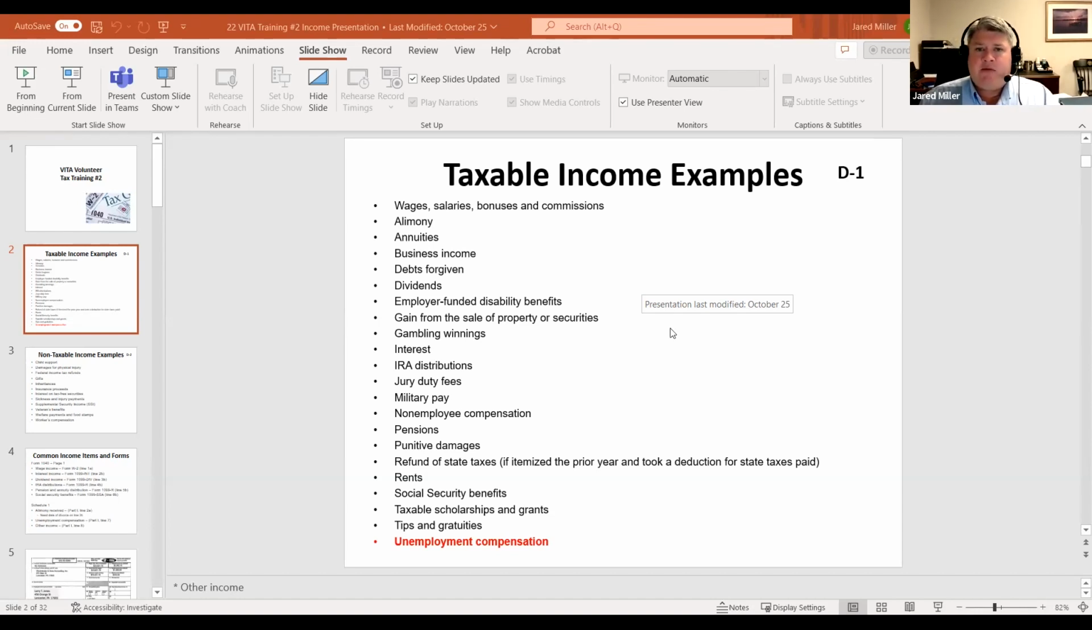So if you're getting paid for not working because you're looking for employment, that is considered taxable activity and is subject to federal income tax. Not subject to state income tax, but is subject to federal. And there's one issue that we had seen if you've been preparing returns for the past couple of years in